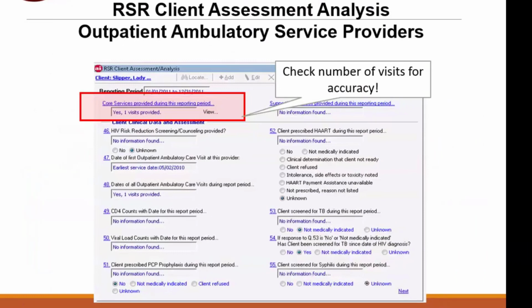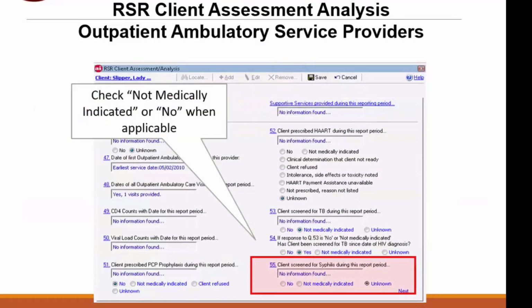All right, this is the RSR client assessment. This would be for those agencies that, again, are in the outpatient ambulatory care environment. So as I mentioned before, some of the questions that are found on this assessment have been removed for 2019. But you can use it to review to see the number of services that were provided. And then for the questions that remain,